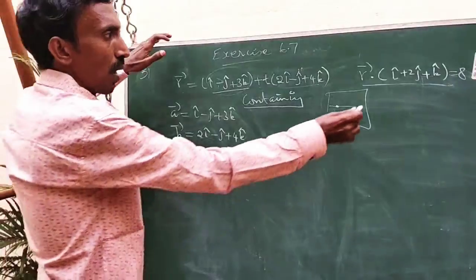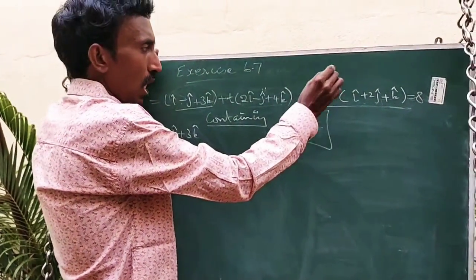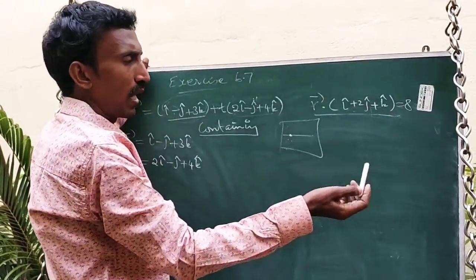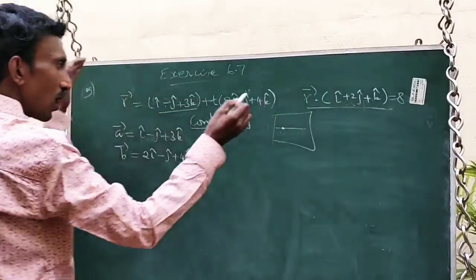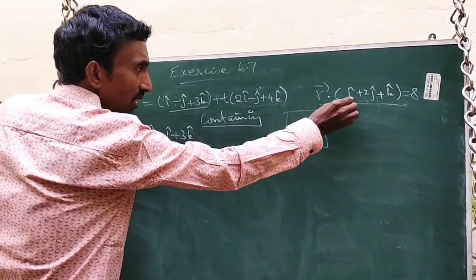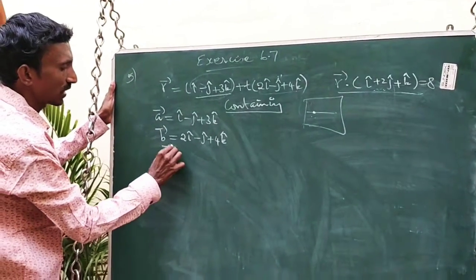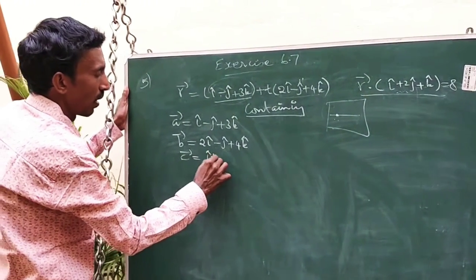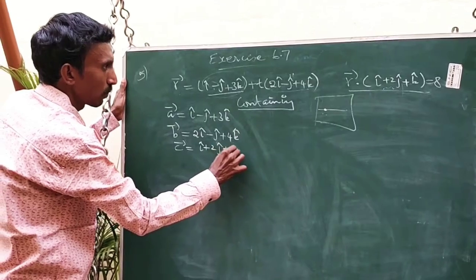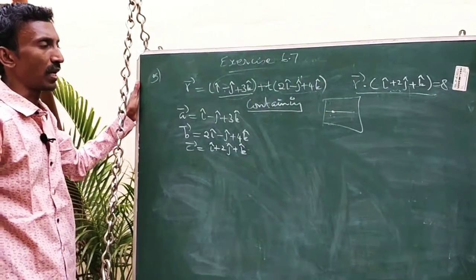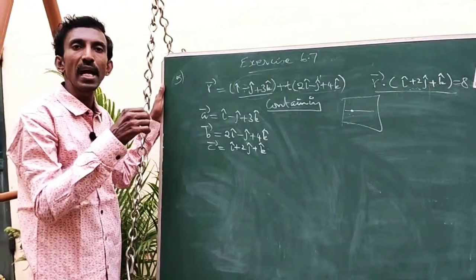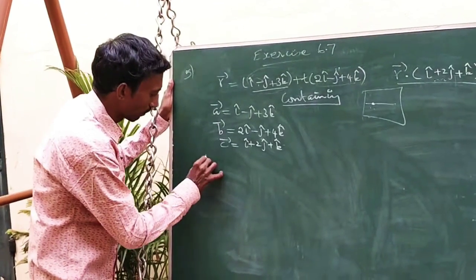So this is perpendicular to the plane. The given plane is perpendicular to the required plane. That's why this is parallel to the required plane. So from this we are getting the second parallel. c vector equal to i plus 2j plus k. So again one point, two parallels, but here they are asking the parametric vector form.